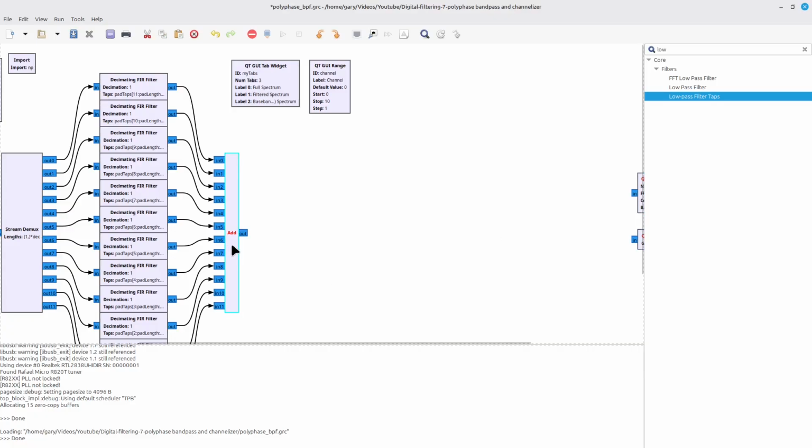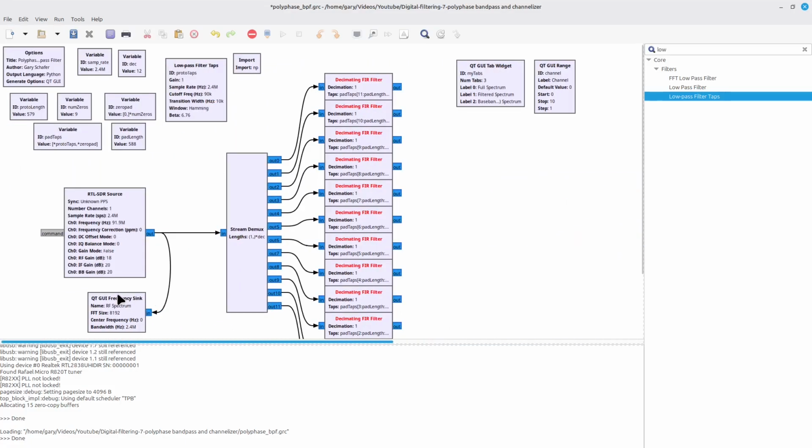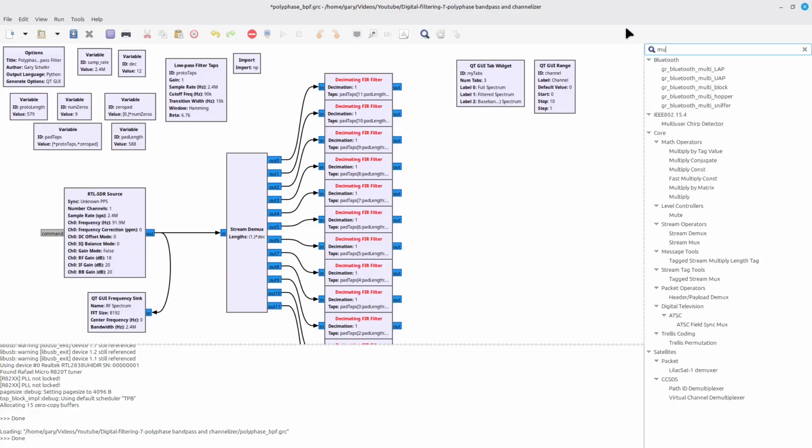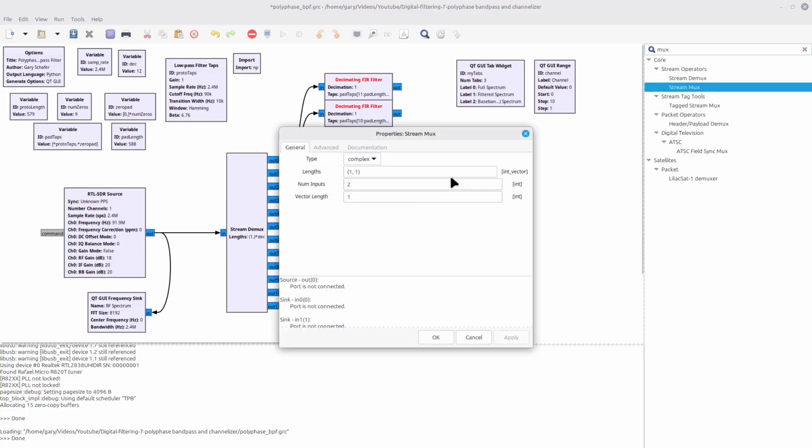I'm going to take this add block and I'm going to delete it. And then I'm going to take the filter, and I'm going to add in a mux block, a stream mux block, for its particular values.